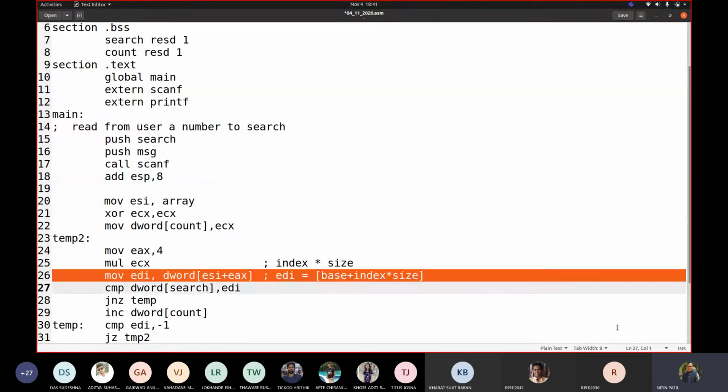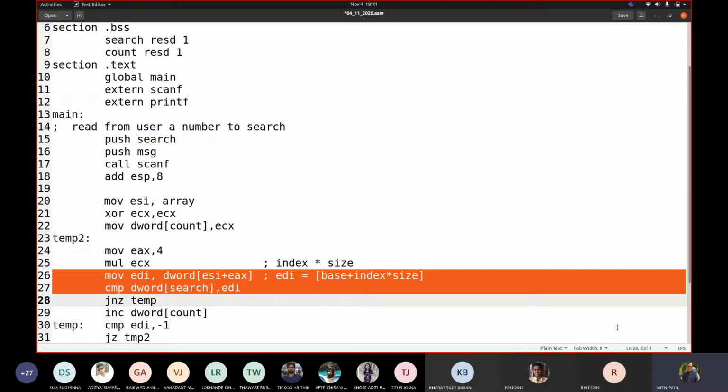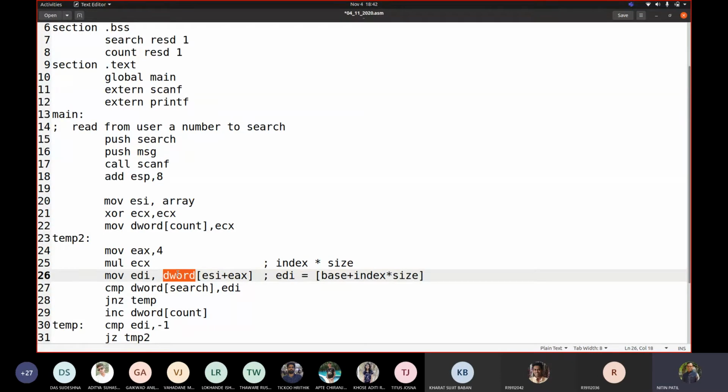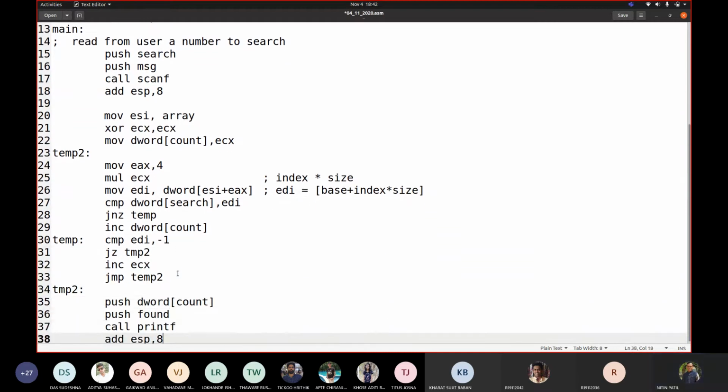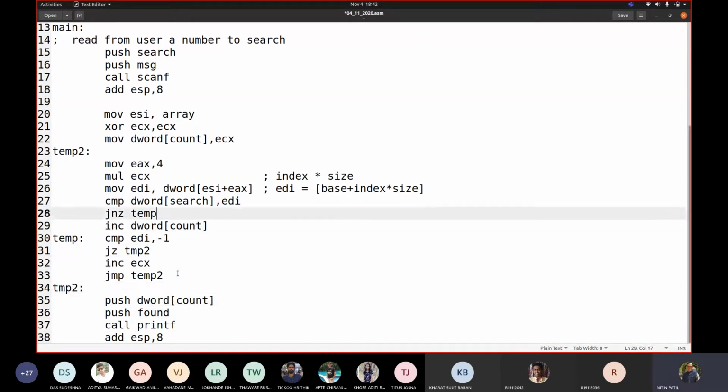This move and compare. Why? Because we have to take the value into an 8-bit variable or a register. Whatever the value, here we are taking a dword because we have declared it as double. Now it would be byte, right? You are going to do it character by character. The same change would be here. So this is to be changed to a byte kind of thing, and then the rest of the code is similar. So you do not have to change anything else. You have to change only these two things.